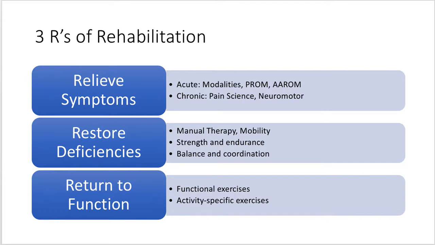Chronic, if someone comes in, this is where we're really applying our pain science knowledge. So we're talking to them about how maybe the acute injury is gone and that we're going to use some of that kinesthetic learning, so movement through the body, to help them gain understanding that they can and they should move, and we're going to apply some of those neuromotor types of techniques so that they start to get better and they're not just living in this constant cycle of pain. Second bullet, restore deficiencies. So this is where we've calmed the system down.